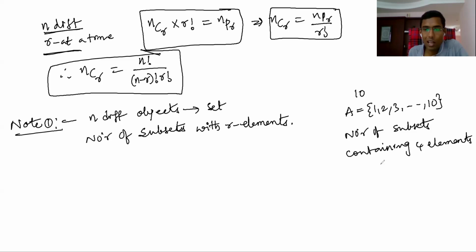So number of subsets with R elements. If there are 4 elements, how many ways can you select? This is nothing but selection. Number of subsets is nothing but number of ways of selections. So now out of 10,